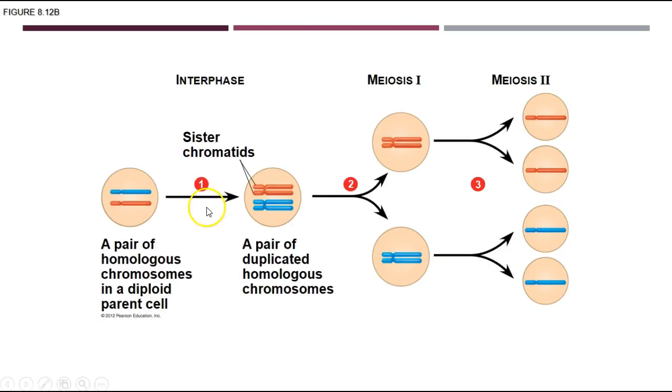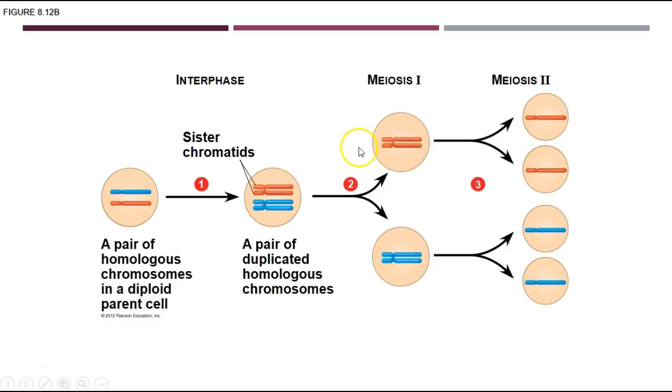So here's what's going to happen overall in this process. We've got a pair of homologous chromosomes, one from dad, one from mom, in the diploid cell. They're going to duplicate during meiosis. Okay, so you've got the sister chromatids here. And one thing that can happen is in meiosis you could separate out